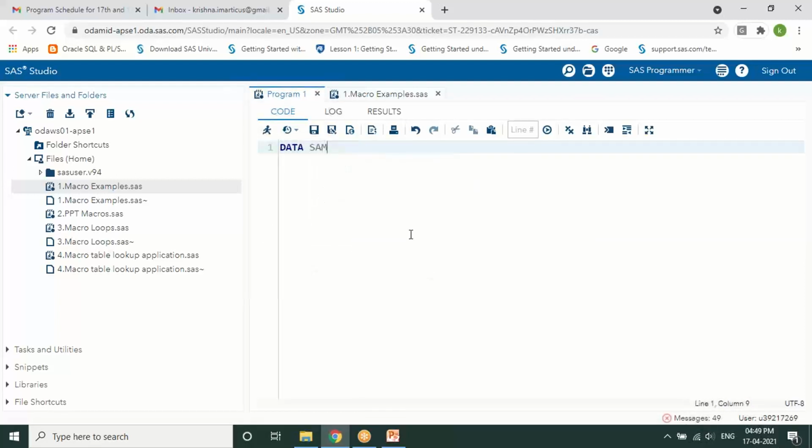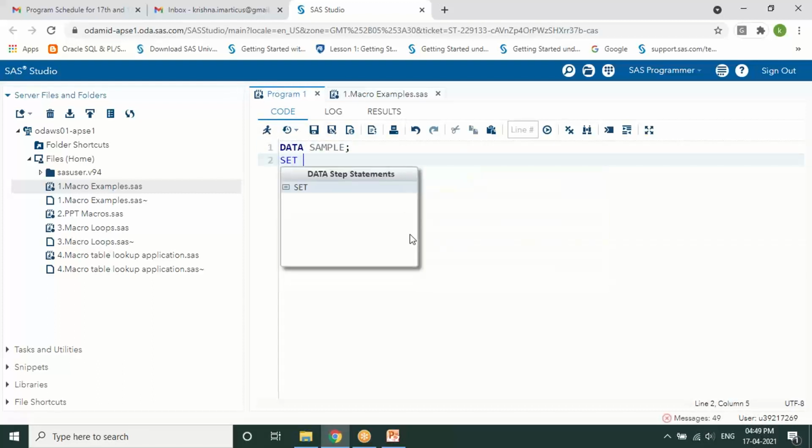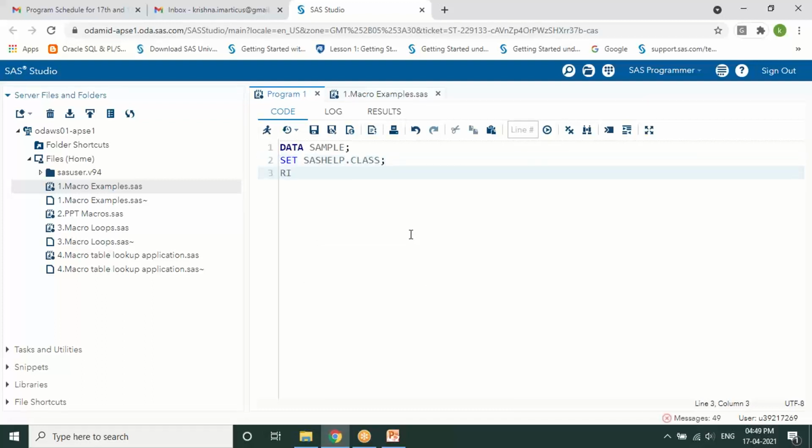So let's say data sample, set an existing data set, anything. Let's say sashelp.class, and run. Now I want to create a report on this data set, like printing, taking some statistical measures and some univariate analysis. I want to implement it upon a data set or data sets.